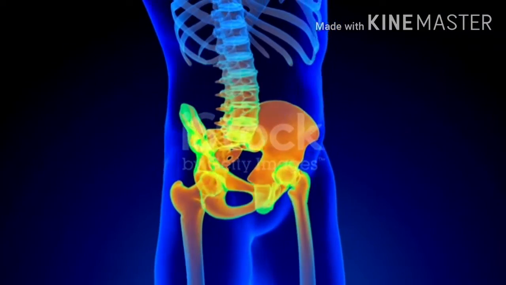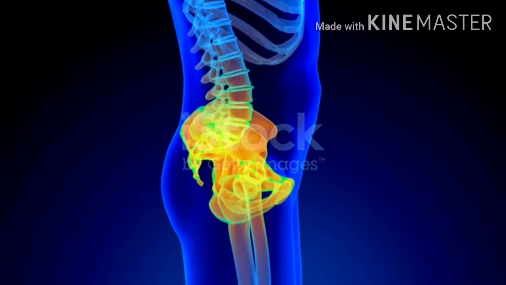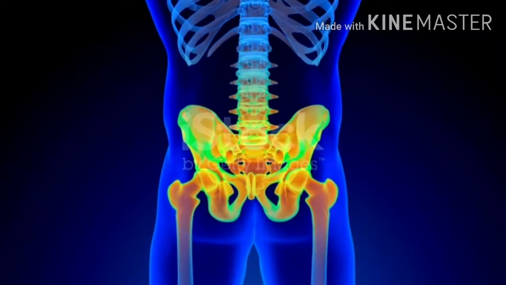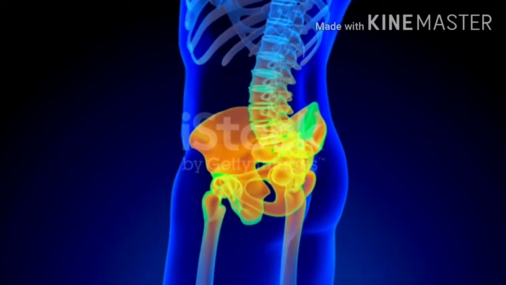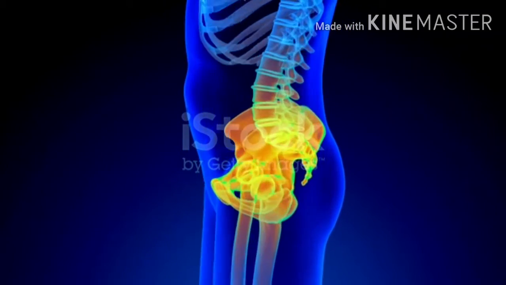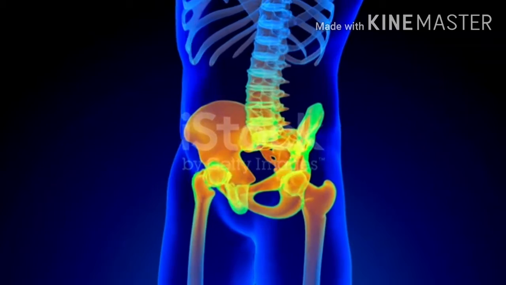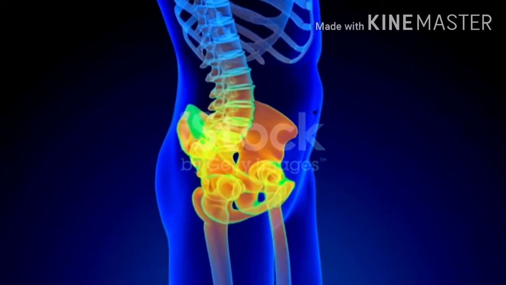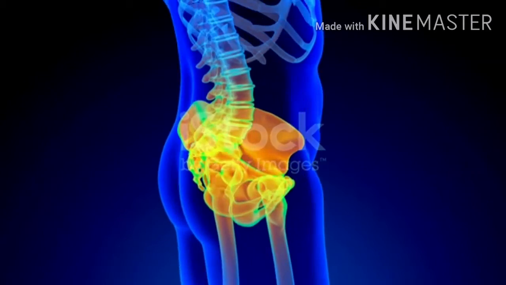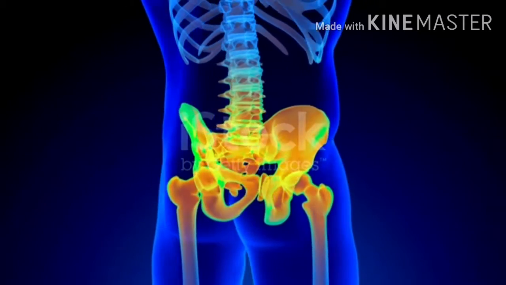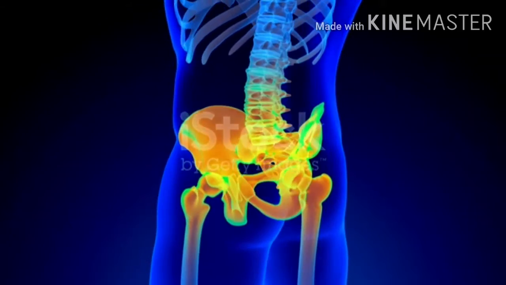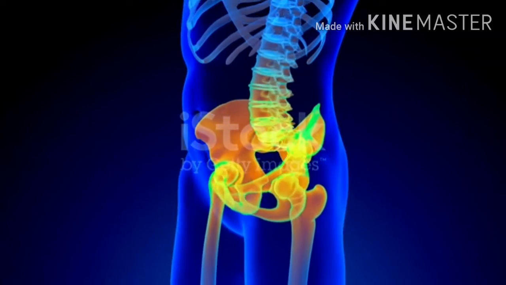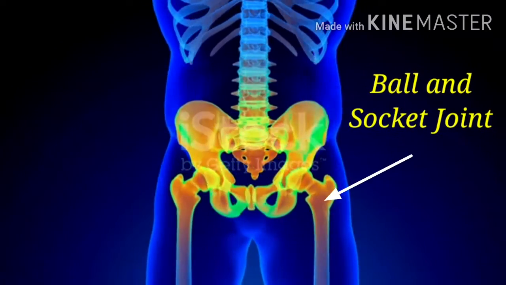The hip bone forms a large basin-shaped frame at the lower end of the backbone, to which the legs are attached. The hip bone is also known as the pelvic bone. The hip bone encloses the portion of our body below the stomach. The thigh bones of our legs are joined to the hip bone by the ball and socket joint.